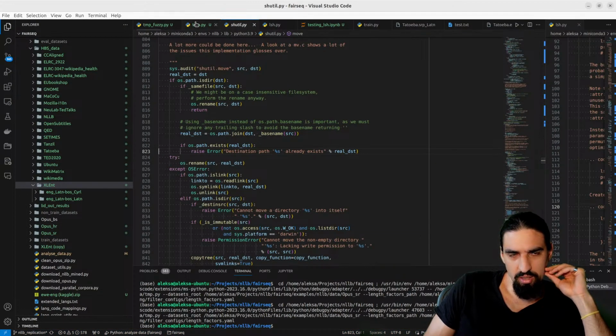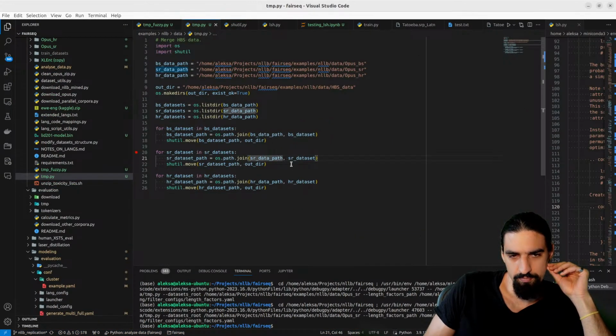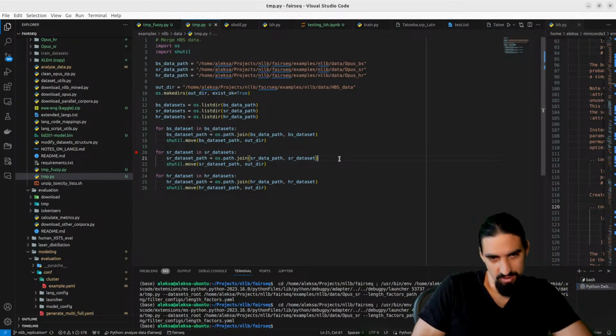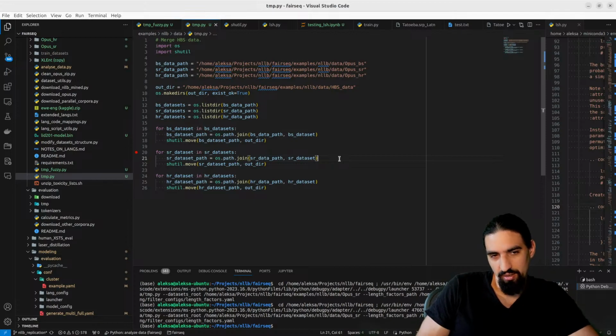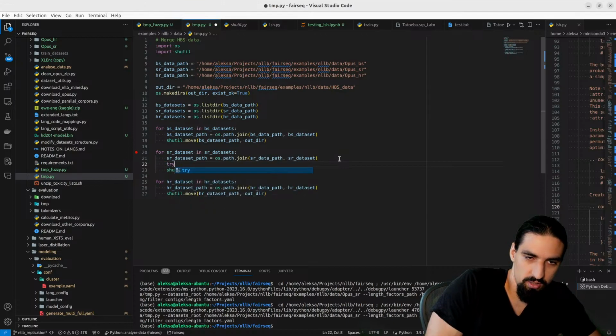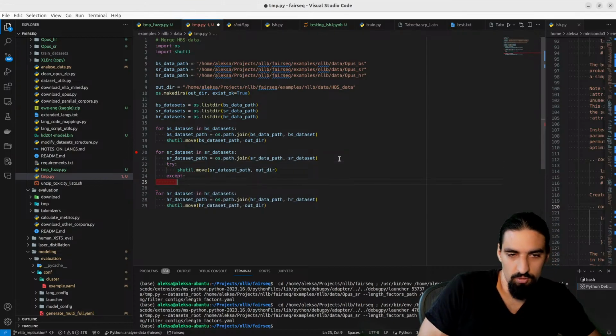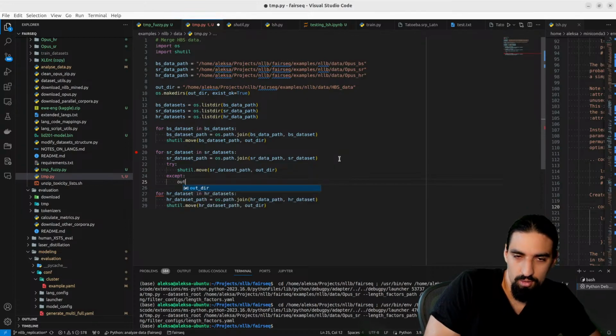Okay, in that case, we can say try and move it. If that does not succeed, then we do the following. So we try this. If it doesn't work, then out there is gonna be